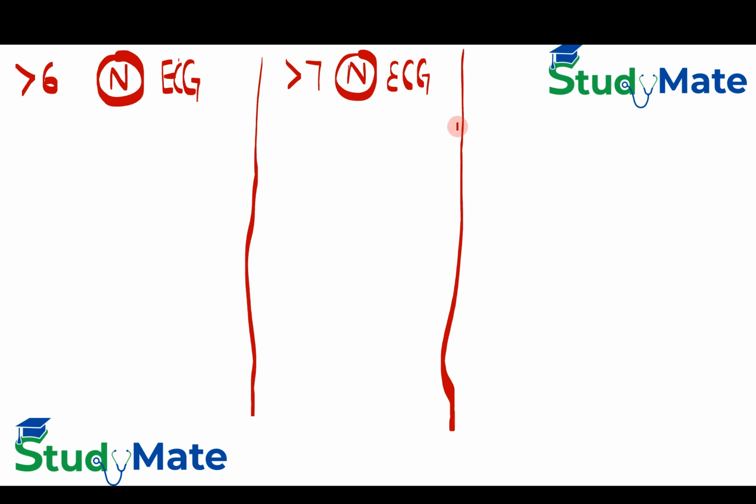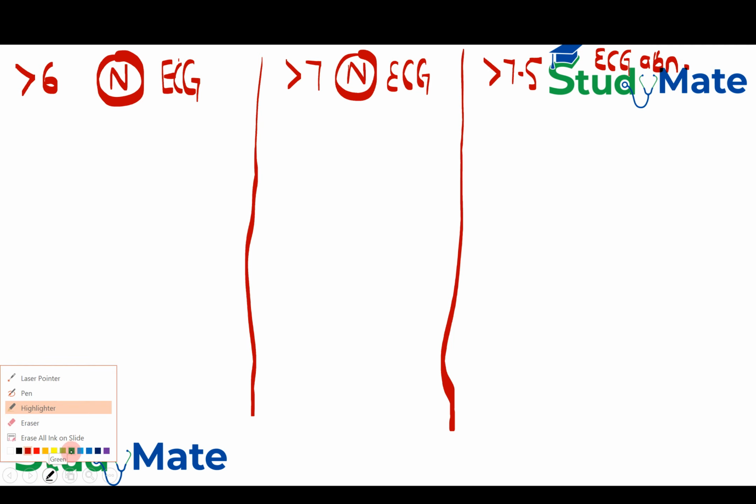If the potassium is more than 7.5 and there are ECG abnormalities, then the management that is to be followed is a bit different. Now, if a patient has a hyperkalemia of more than 6 and less than 7 and ECG is normal, then